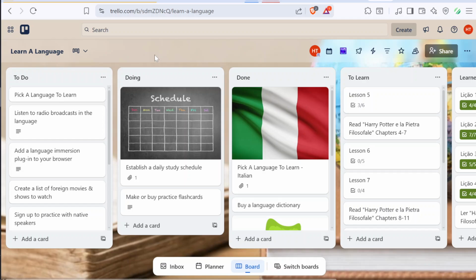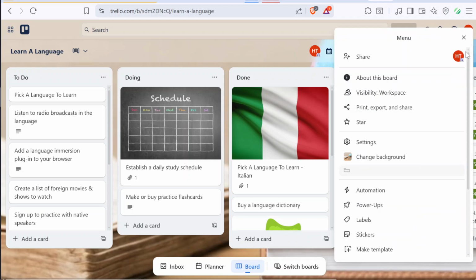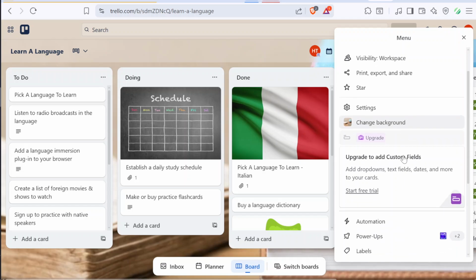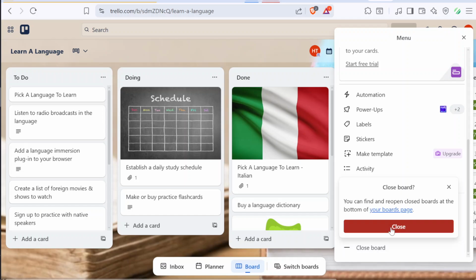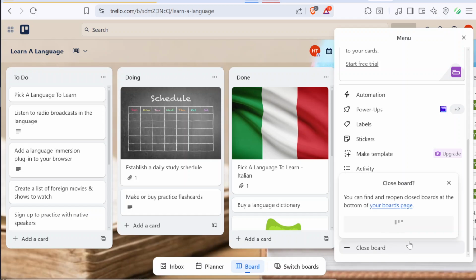is permanent. Once you're on the board, look toward the top right corner and click on the three-dot icon for more options. From the drop-down menu, select Close Board. Closing a board is not the same as deleting it, but this is a required step before you can fully remove it. A confirmation box will appear. Click Close to proceed. At this point, the board will disappear from your list of active boards, but it hasn't